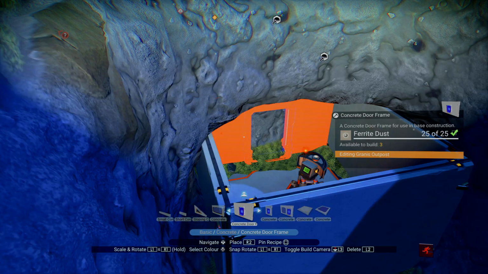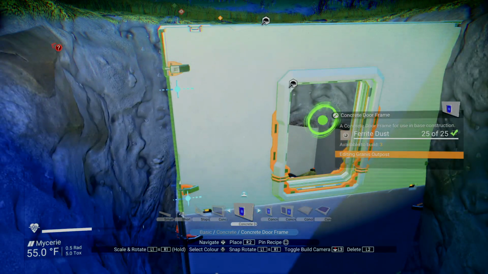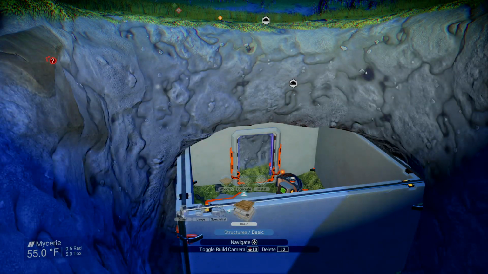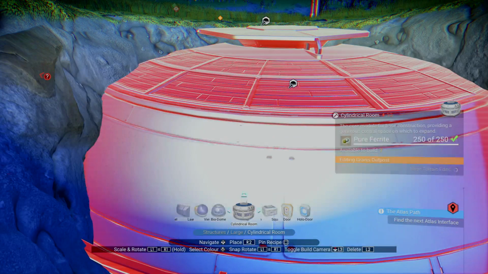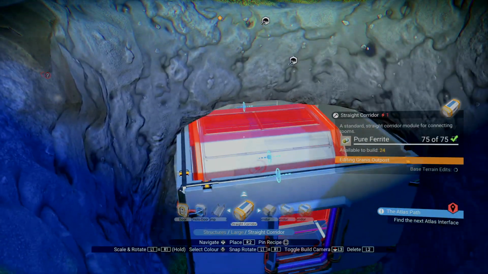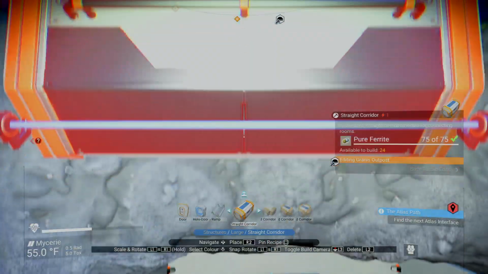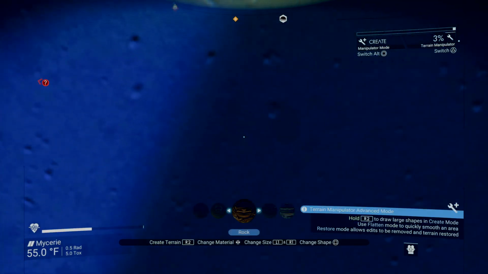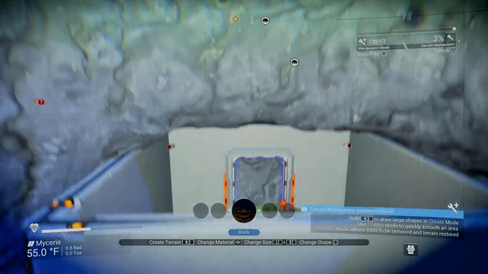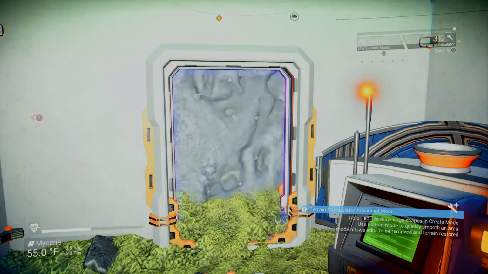And then over here, before we put the ceiling on, I'm going to place a doorway one. And here next up I'm going to place a corridor, because those corridors will allow us to keep going with a cuboid. Let's get in there. Sorry. We'll go right in here, and then we're going to put